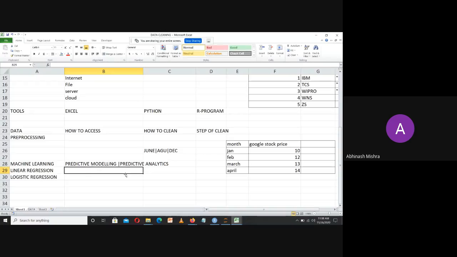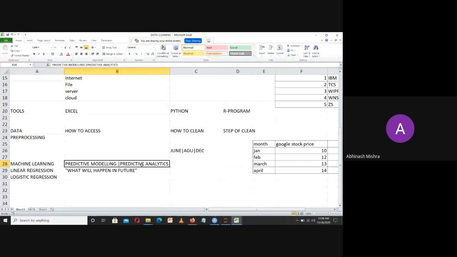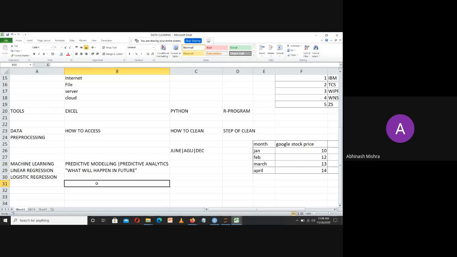Now, predictive analytics is a part of data analytics, in which we say what will happen in future. And how will we say? We will first of all understand what has happened in the past. If we know what has happened in the past with the help of a machine, then we will predict the future based upon past data. That is called predictive modeling because we are trying to predict something. And under predictive modeling in machine learning, we actually have two forms.